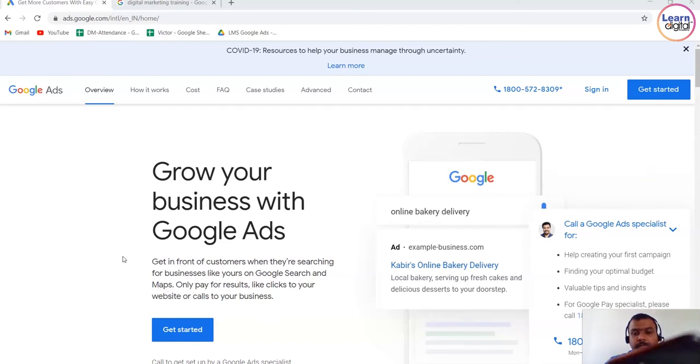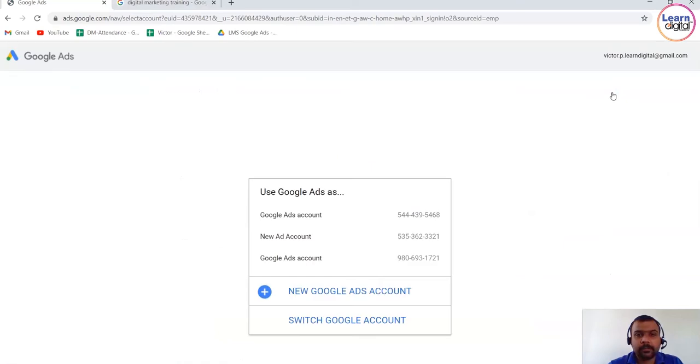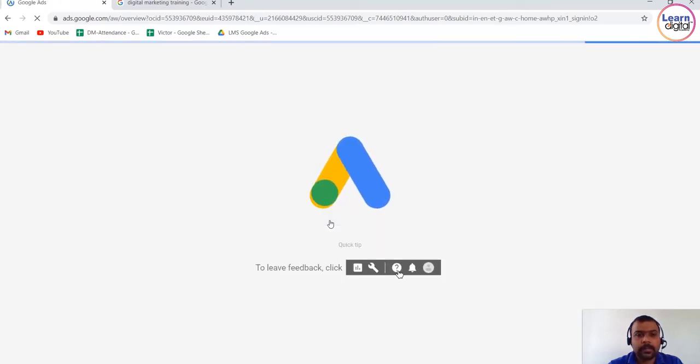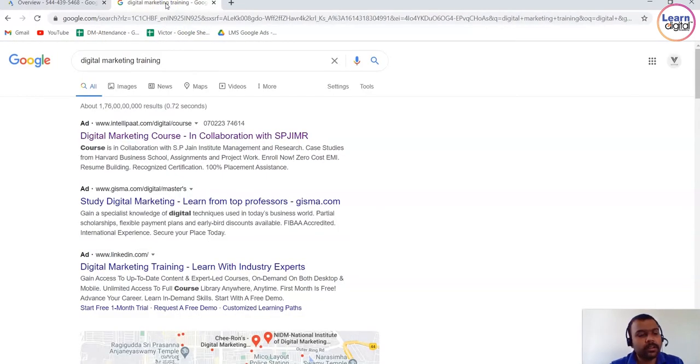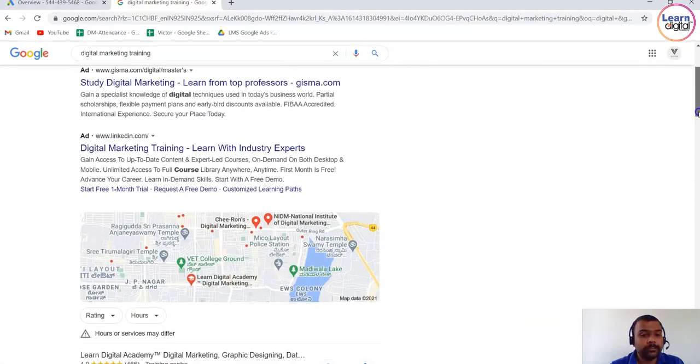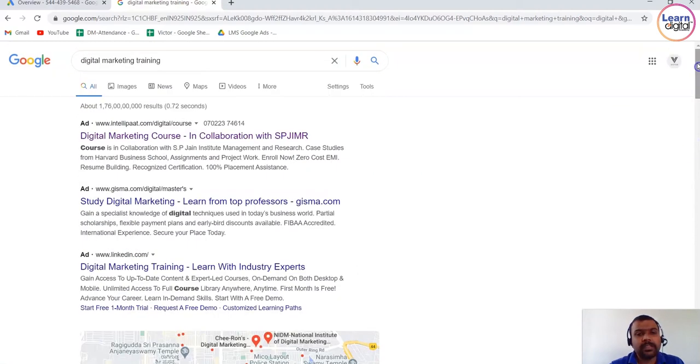Alright, now let's go ahead creating it. For that, you have to log into the Google Ads dashboard. You need to sign in. So where can we see this kind of advertisement? We can see this kind of advertisement on the Google search engine result page. Any one of these advertisements could be a dynamic search ad. All right, so you'll be able to see the structure of your website.